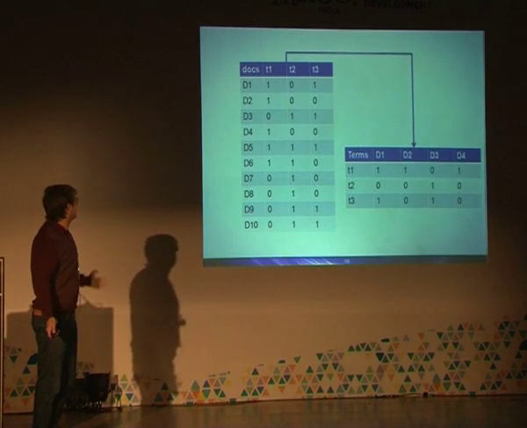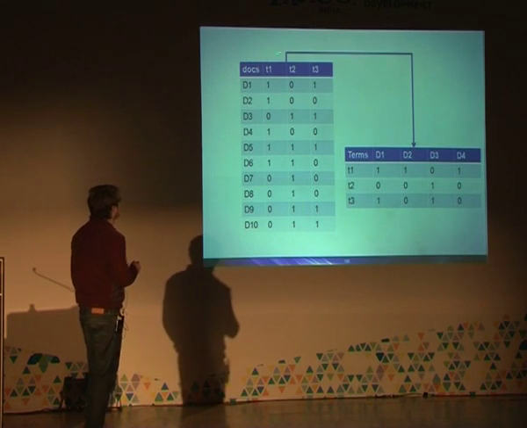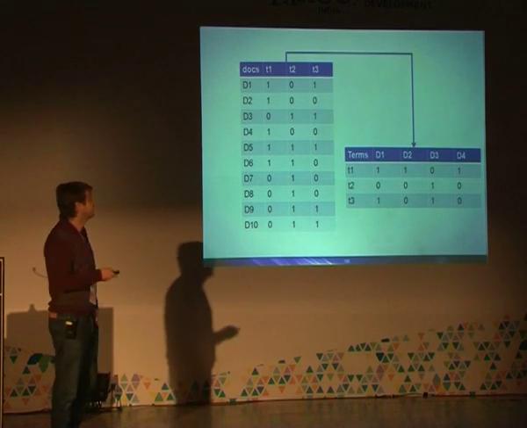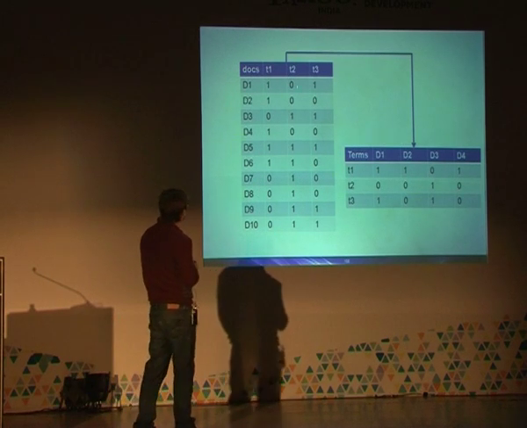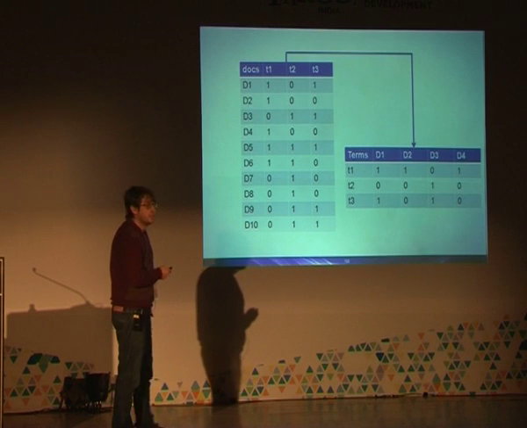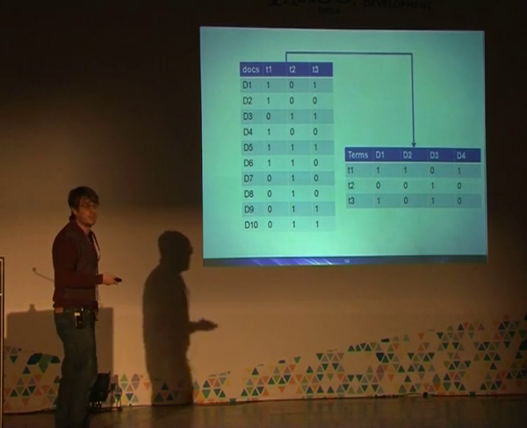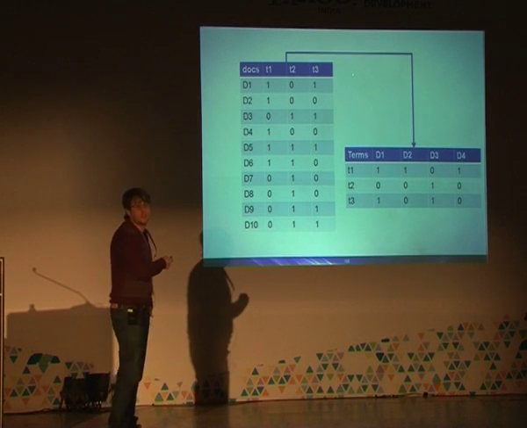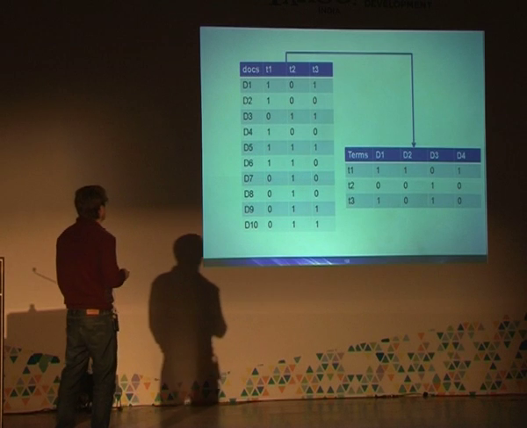So this is an inverted index, right? So this is your collection. So you have the documents, and these are the terms. I'm just putting a matrix. So when you process this document here, you find this guy, T1, you don't find T2, and you find T3. All right? Same with D2, same with D3. So essentially it's like an incidence matrix. You could also have the number of times that you find the term here, right? This is for the sake of simplicity.